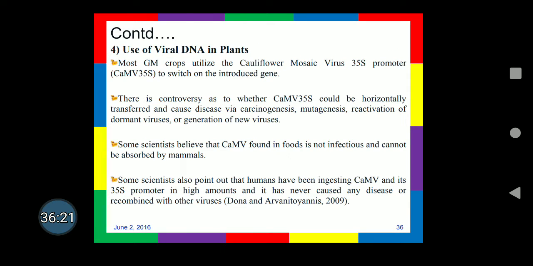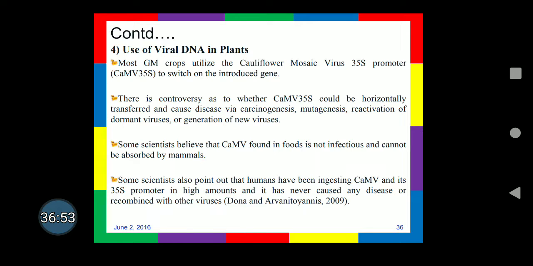Use of viral DNA in plants. Most GM crops utilize the cauliflower mosaic virus 35S promoter gene to switch on the introduced gene. There is controversy over whether the cauliflower mosaic virus 35S gene could be horizontally transferred to cause disease, carcinogenesis or mutagenesis, reactivation of a dormant virus, or generation of a new virus